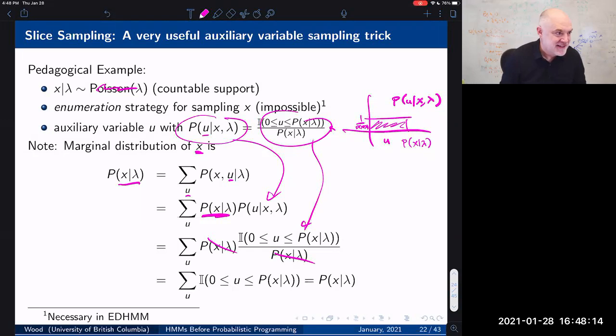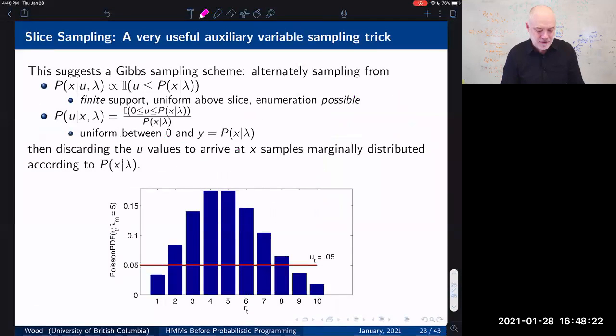Okay, weird. So why would you do this, right? Hopefully it's in the next one. Yeah, so this suggests a Gibbs sampling scheme, which is kind of interesting. It's actually really interesting, and this should totally be mind-warpy, particularly for people who've thought about this